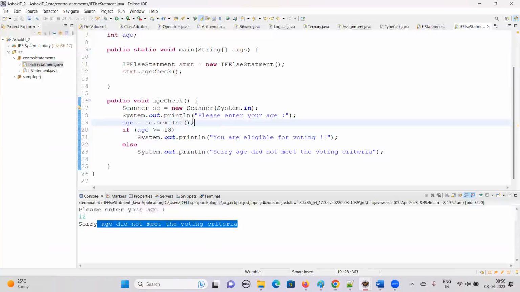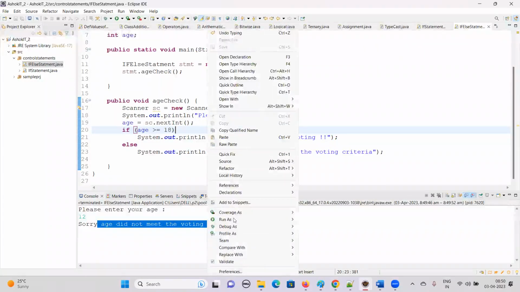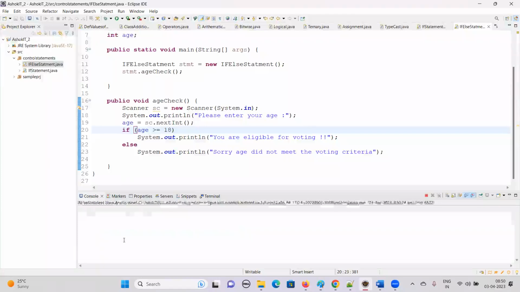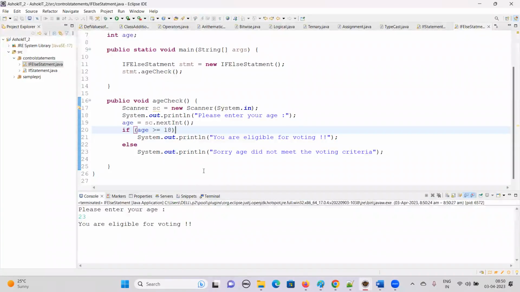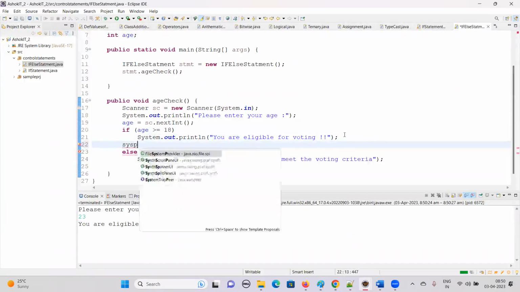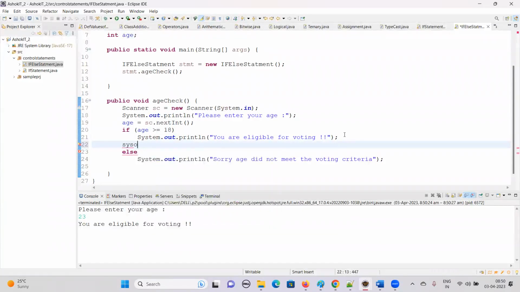To minimize the lines of code, you can see now it will execute and produce the same output. With 23, you are eligible for voting. This applies only when you have a single statement after these conditions, after this if statement or else statement. If you try to do something else after this, then it's going to